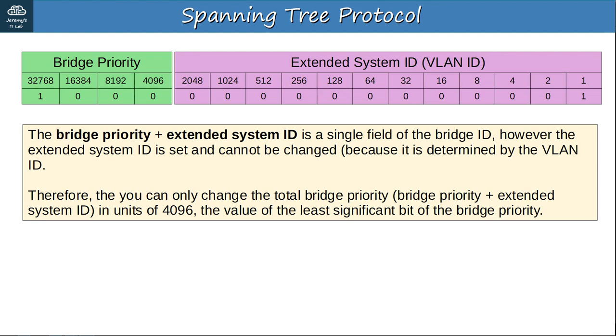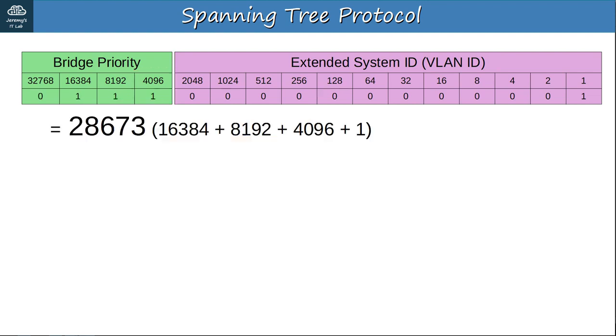Therefore, you can only change the total bridge priority, that is the bridge priority plus extended system ID, in units of 4096, the value of the least significant bit of the bridge priority portion. Let me demonstrate. Currently, the bridge priority here is 32769. Let's reduce it to make this switch the root bridge. If I want to reduce it just a little, I can reduce it to 28673, which is